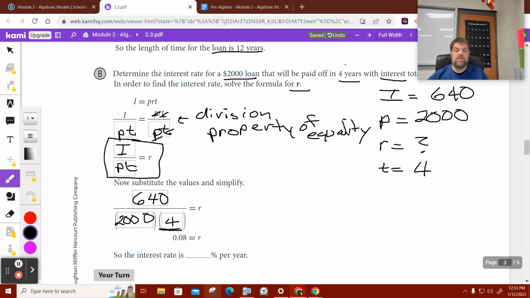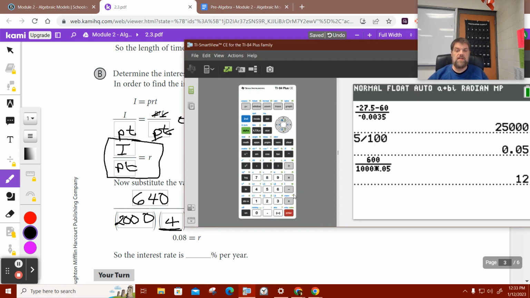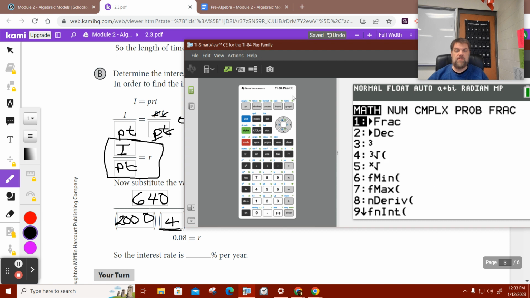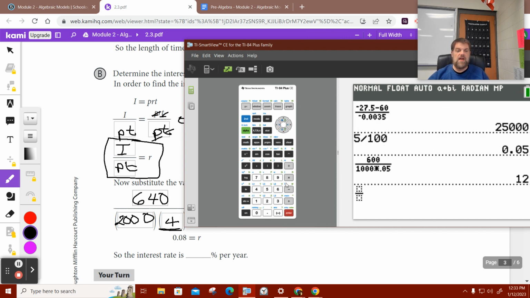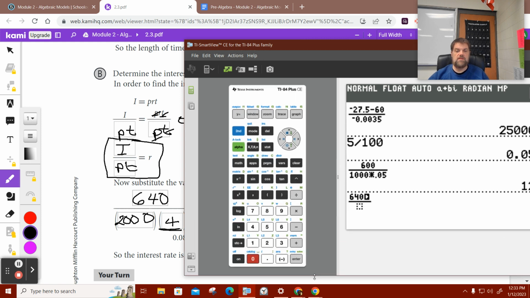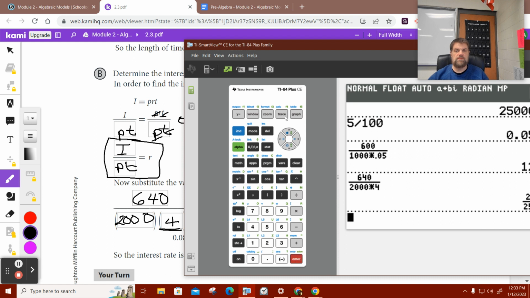And if you plug that in your calculator, I got to hit my math button. You guys should be doing this too. It's a good idea to practice it now. I'm going to say 640 divided by 2,000 times 4. Now that spit out